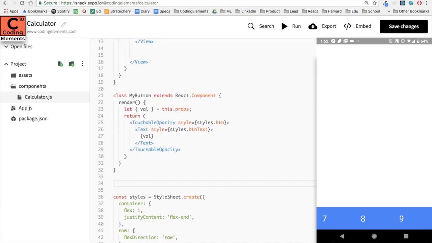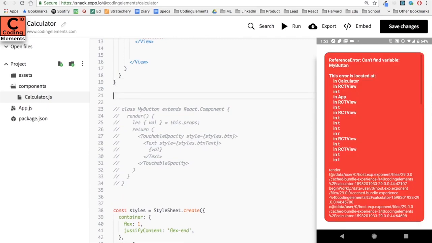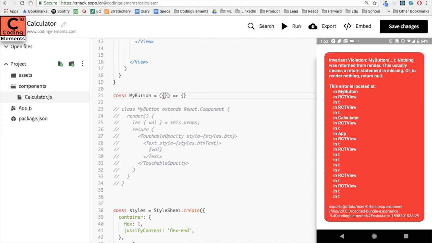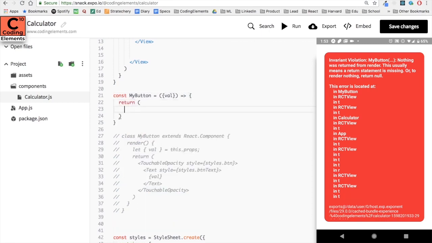Now the button component that we have made, inside it, because we are not adding a large number of functionalities, it's a simple class, we can treat it as or write it as a functional component as well. So let's make a variable or a constant here, myButton, and we are assigning it a value of a function. And here I'm using an arrow function inside which we are taking in input value of it, and in the output we'll be returning the JSX of touchable opacity.